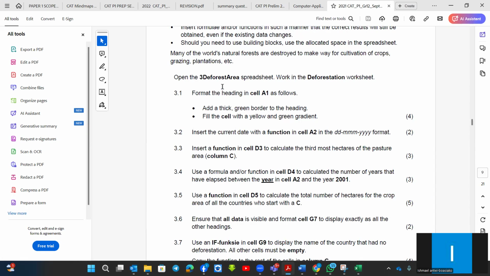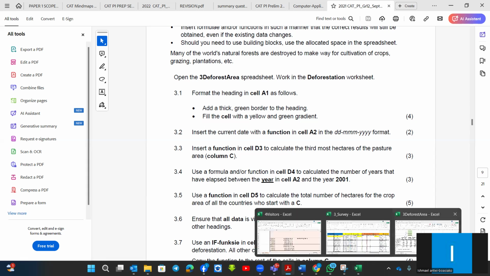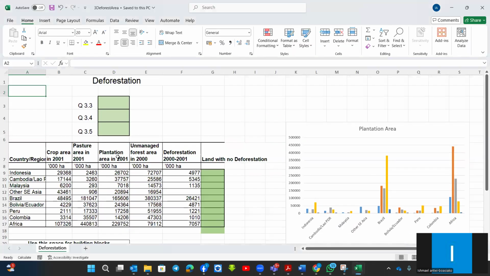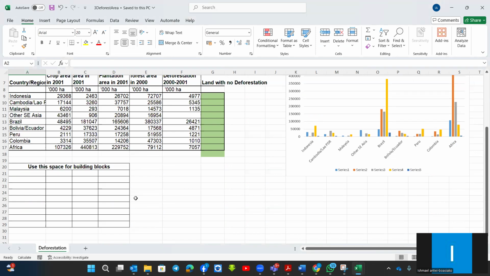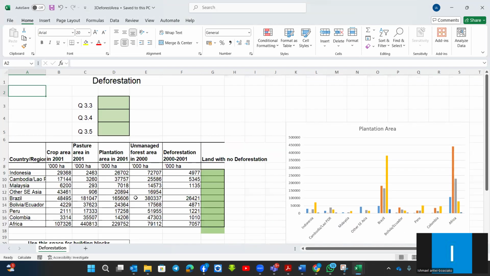Open the 3 deforest area spreadsheet, work in the deforestation worksheet. In A2, there's nothing there. Right. So I think this question was not complete. We will skip this question. And then again,